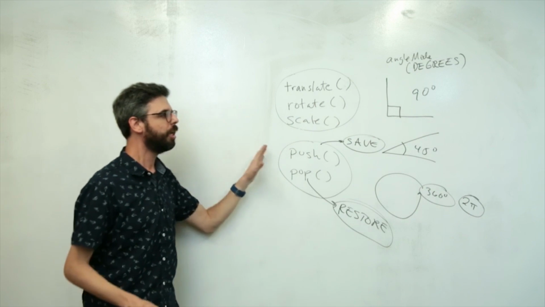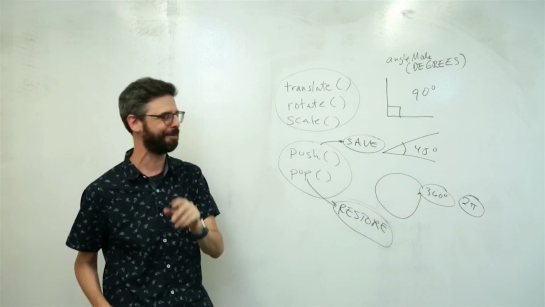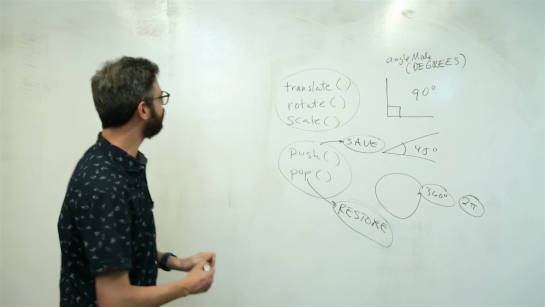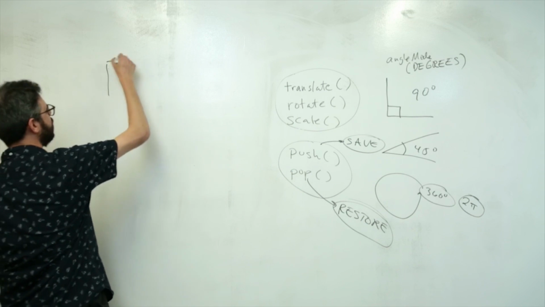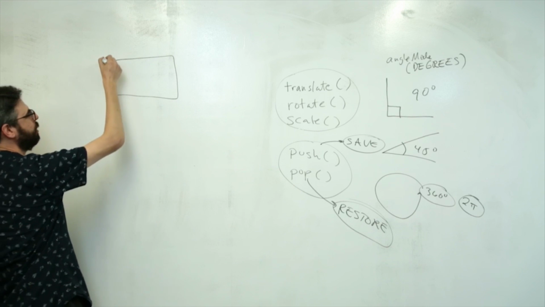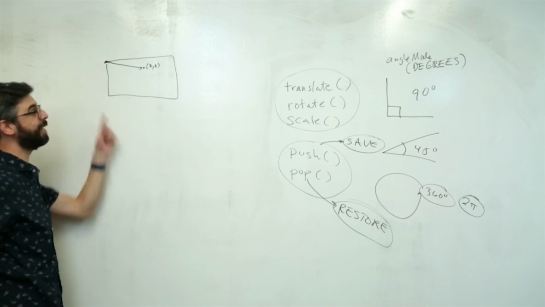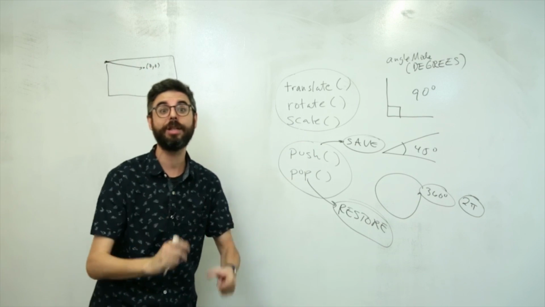First of all, there are some other important details that I'm going to fill in about push and pop, perhaps in this video. So we established that translate moves the point of origin. If you translate to some point, you're translating where the origin is, and you're drawing everything relative to that new